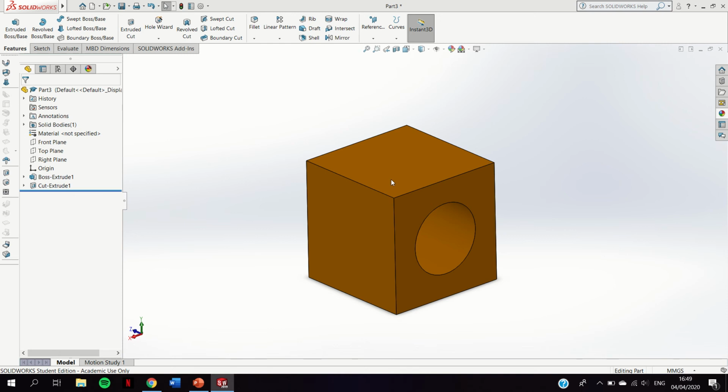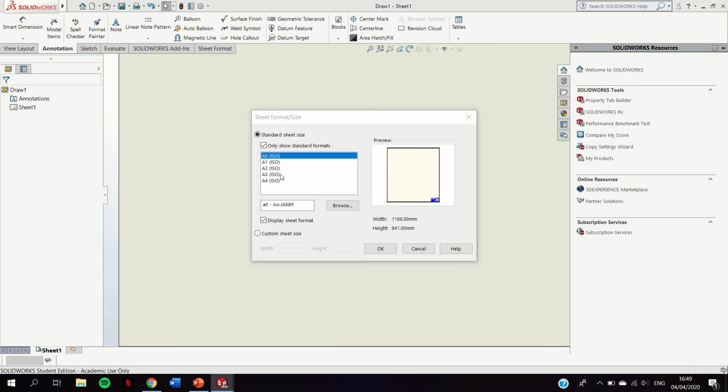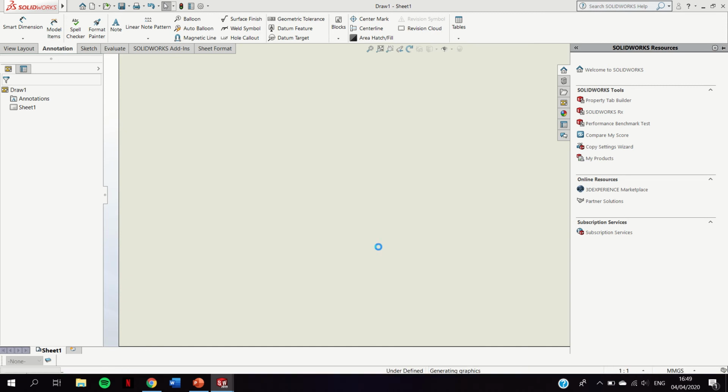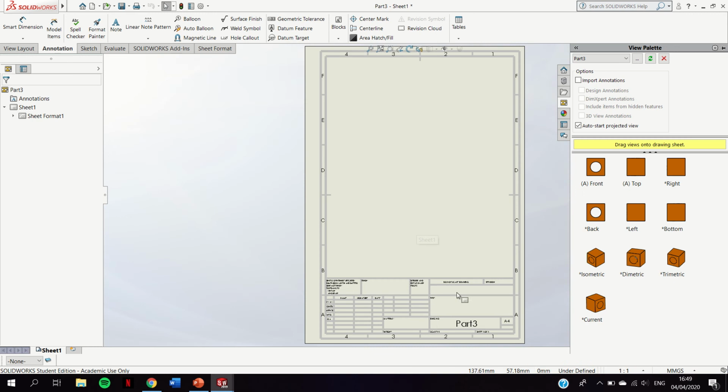So first of all, I've got to save it. So save that quickly. Okay, so I just click make drawing for this part. This is a much simpler way of doing it, the one that I would most recommend. So obviously making the part first. So I'm going to click A4 paper. It's going to come up with this template for you to work around. Now we can make our own template in the future if you want, but just for today,